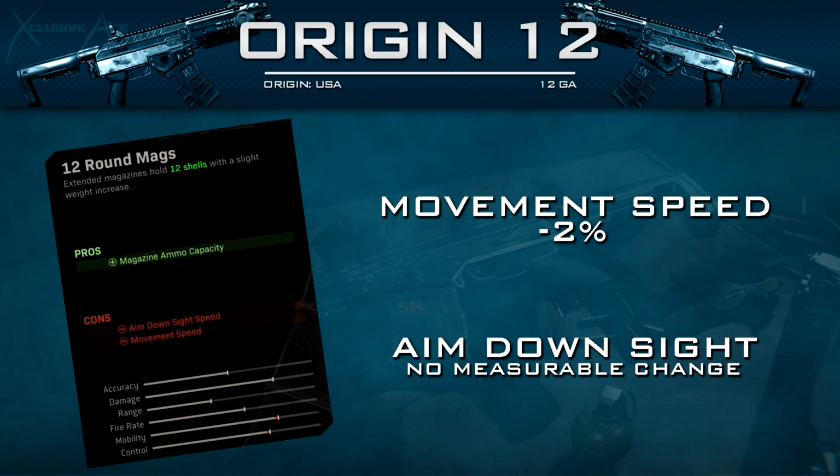And the downside to this is, first up, a reduction to our movement speed, and this is a 2% reduction to our movement speed, which isn't all that bad. It's definitely something you can live with. And on top of that, it states that we get a reduction to our aim down sight speed. However, based on my testing at 60 FPS, there is no measurable change here. So definitely not a bad choice for an attachment, and when it comes to Warzone, I highly recommend using this,